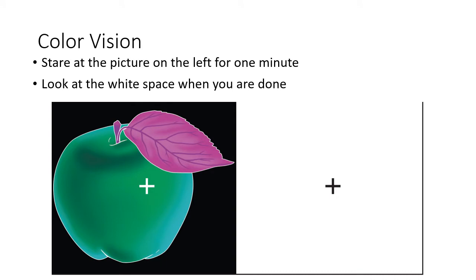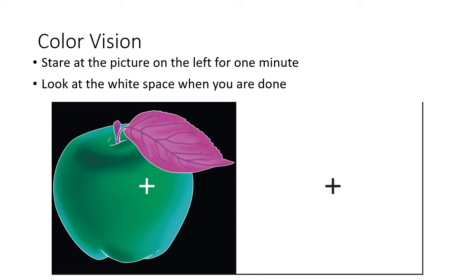Another thing to consider is how color vision works. As I'm talking, stare at the left picture. Stare at the green apple with a red leaf. Just stare at it intently while I'm talking, and don't look away from it, just stare at the plus sign. So the way this works is that